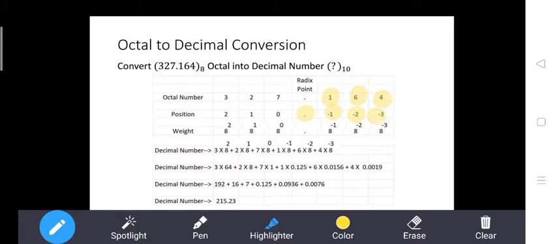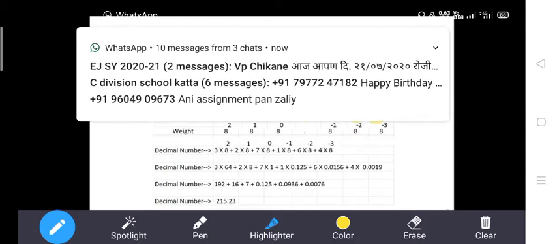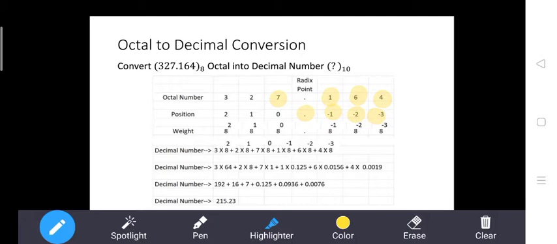On the left hand side of the radix point, my first digit has position 0, second digit has position 1, third digit has position 2, right? So I wrote all my positions,